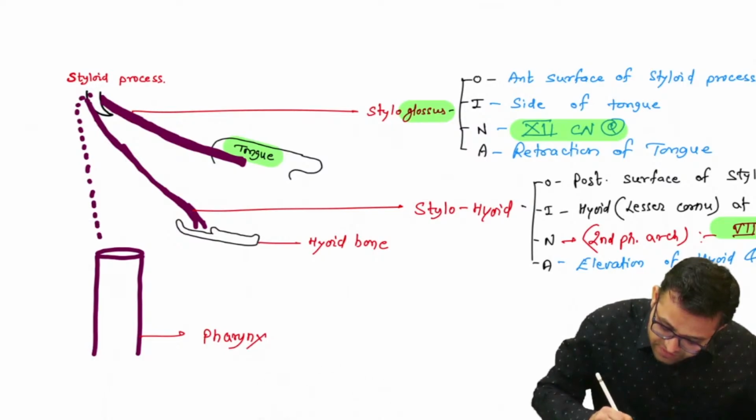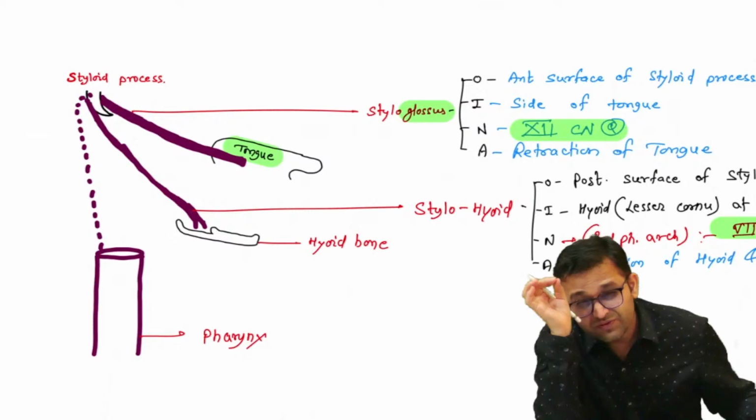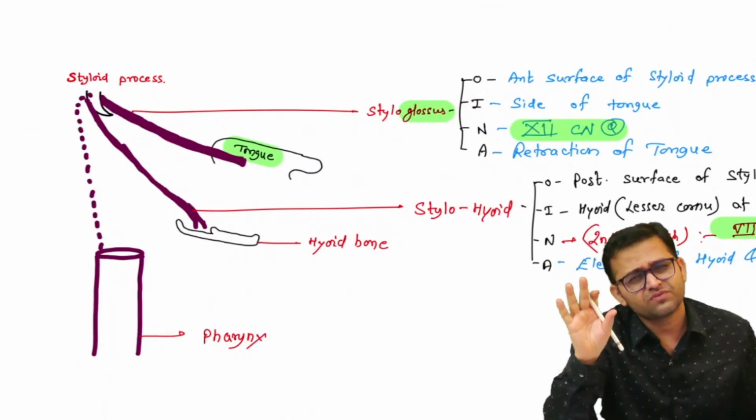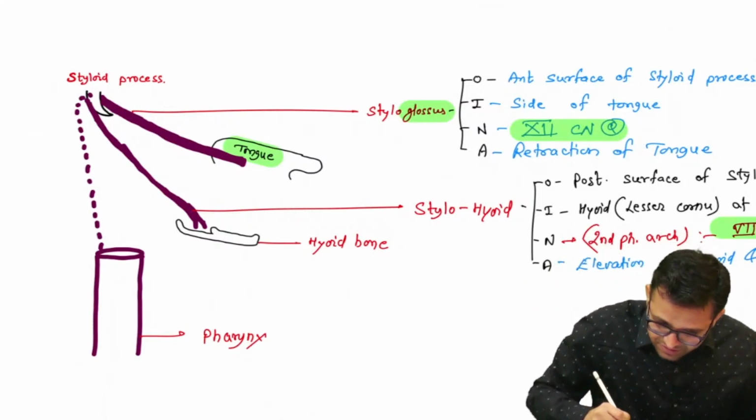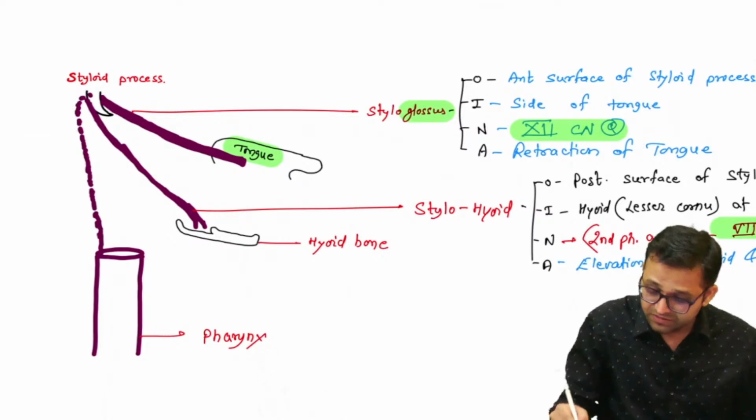Yes, in the pharynx. Better to say posterior border of the thyroid cartilage. There is one oblique lamina there. Okay, but just one diagrammatic presentation, sir. It is getting insertion into the pharynx part. Okay, so just one diagrammatic presentation for all of you.